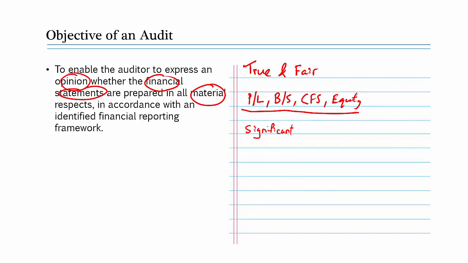Okay, the last big word here is framework. When the auditors audit the financial statements, they need to follow certain requirements or a certain structure to check whether there are errors in the financial statements. So they will see whether the company complies with the accounting standards, which we call the financial reporting standards. Auditors also audit in accordance with the Singapore Standards on Auditing. So broadly, these are the 2 main frameworks that the auditors will follow in their audit of the financial statements.